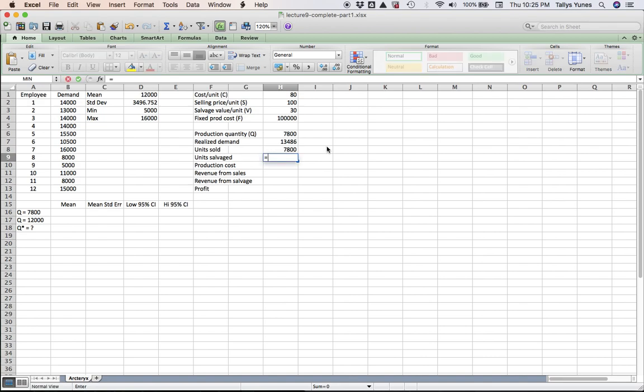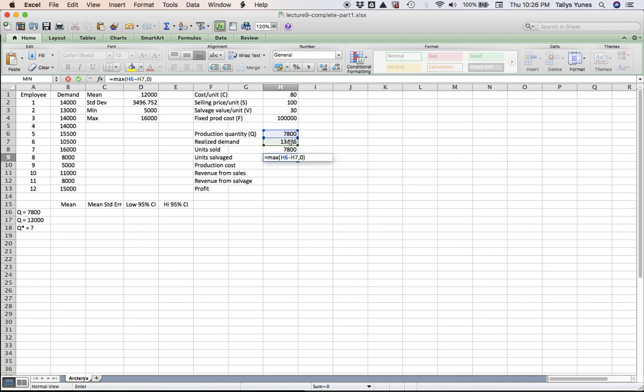Units salvaged, right? Well, if I make more than demand, the salvage will be positive. If not, the salvage will be 0. So I simply put here what I make minus the demand. If that number is positive, I want that number. If the demand is greater, that number will be negative. And what I want really is to say there was nothing salvaged. So to capture this idea, what I want is the maximum between what I made minus what the demand was and 0. Because again, if I made more,